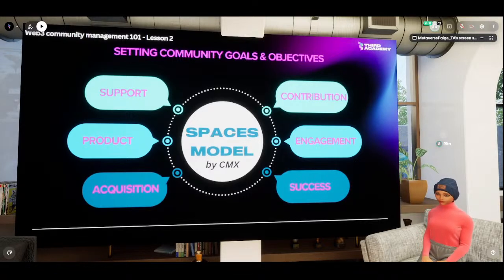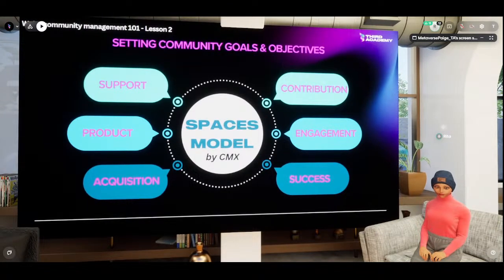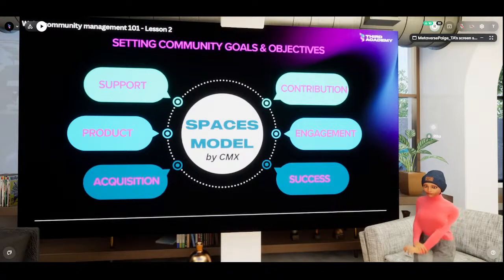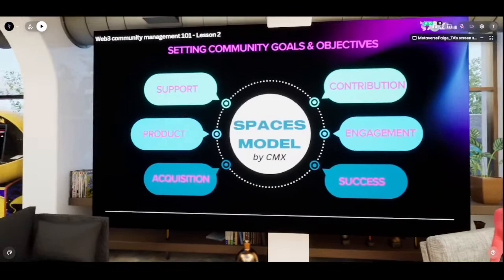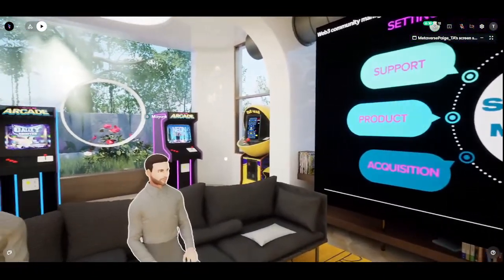Then P, the product. There are communities that exist just to gain feedback and insights from members to improve their product. So we could have, for instance, a Web3 wallet that has a community, right?